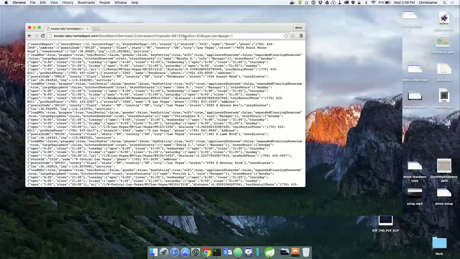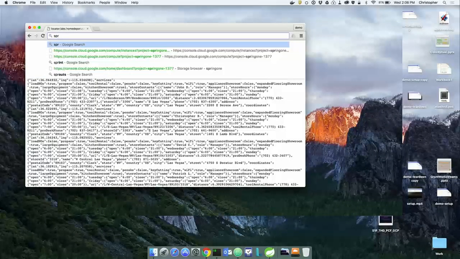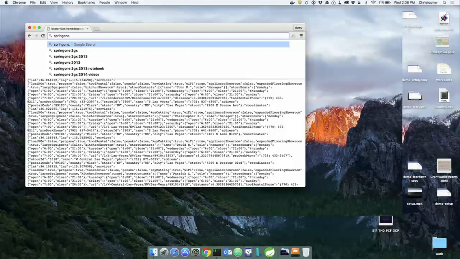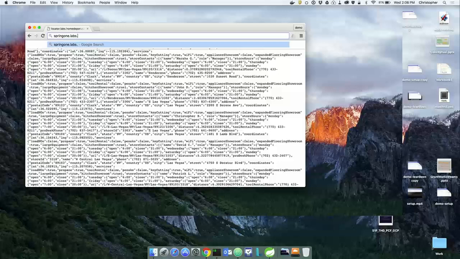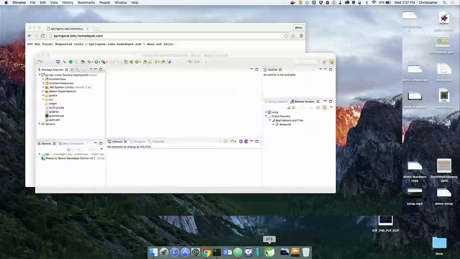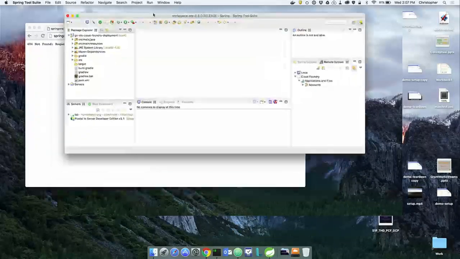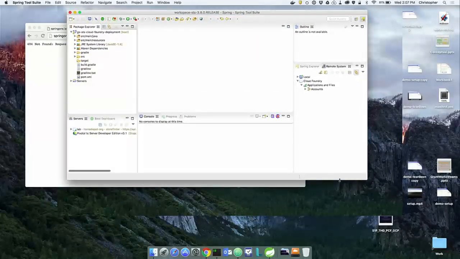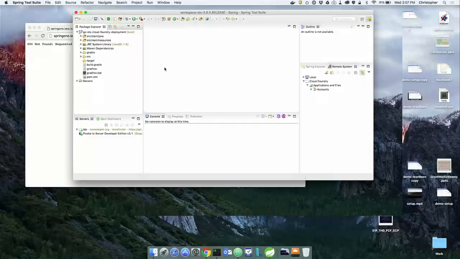Another one that we can take a look at is the, what is it, spring1.labs. Oh, okay, well, I guess I appeased the demo gods with that one. So let's go ahead and fix that one. What I wanted to show you here is that we don't actually have something running on that right now. So we've got this set up, and from a developer standpoint, you can integrate with STS